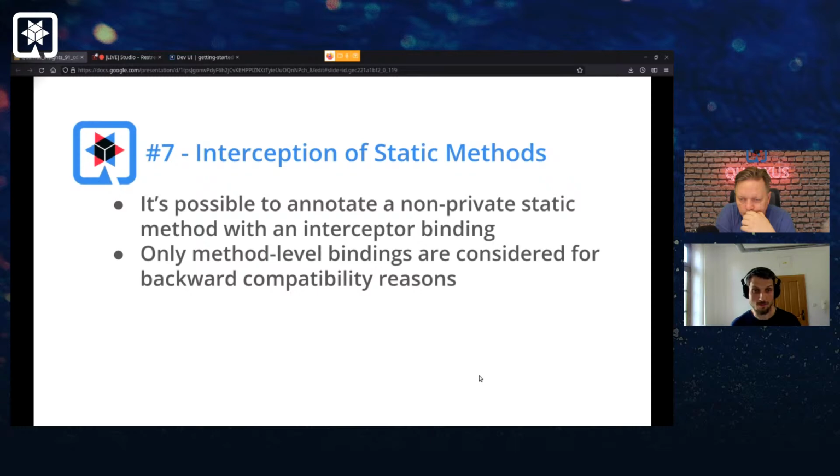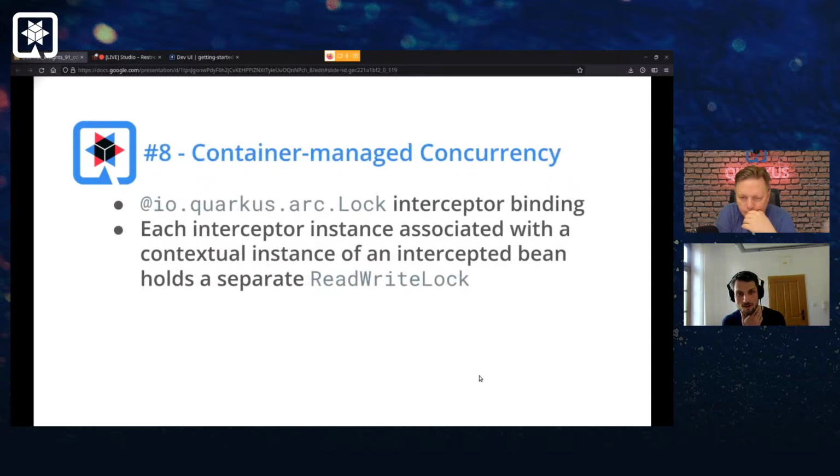So if you haven't ever needed to intercept your static methods, try it. Cool. Okay, this one is quite interesting because from our experience, many users